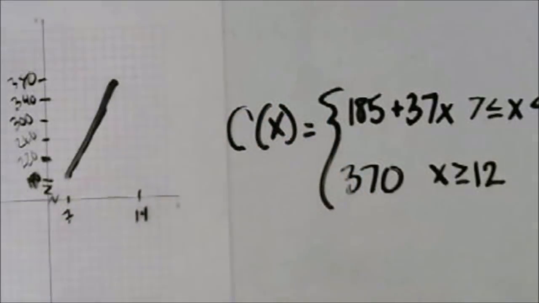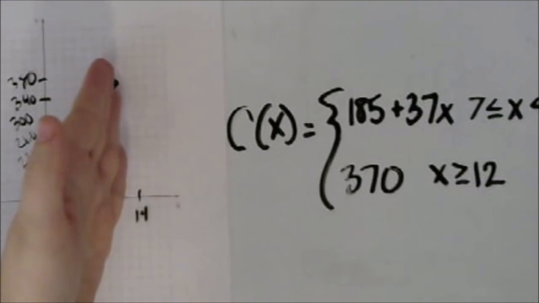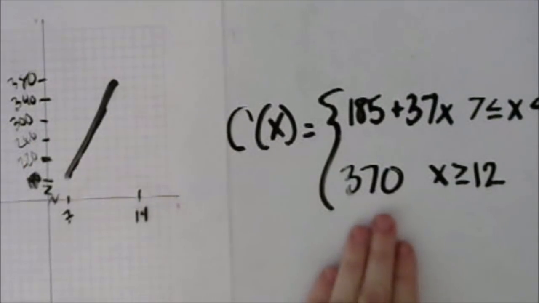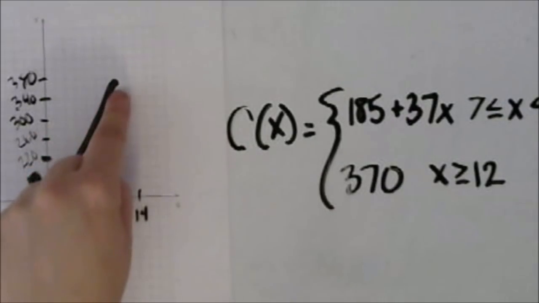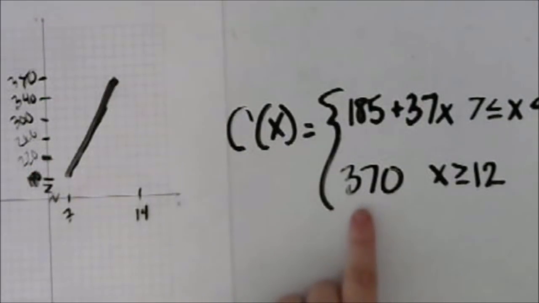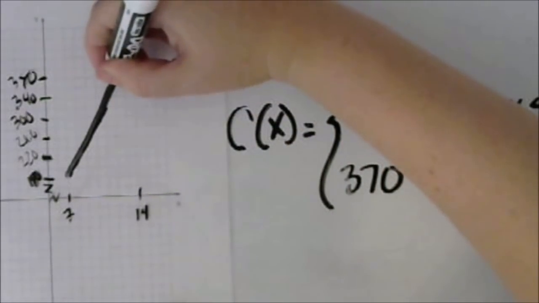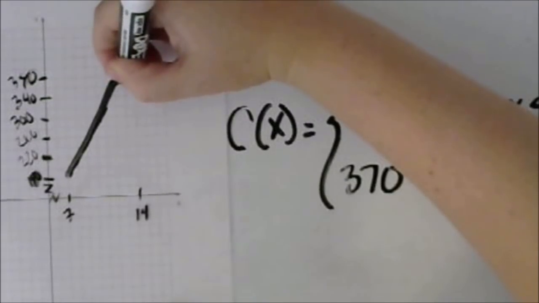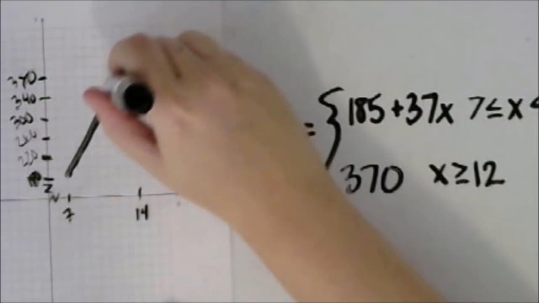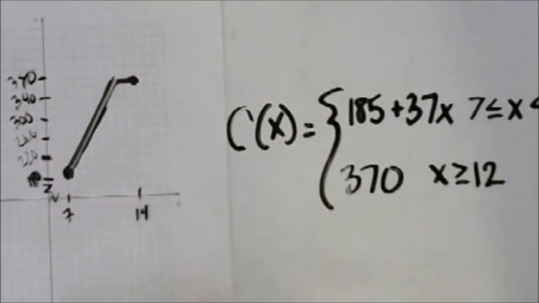Thankfully, in a real-life function, you do see a continuous trend. Right where this function leaves off is where the other function begins. So even though I need this to be an open circle, when I go to graph 370 at 12, I'm just going to fill in the circle. And this function portion stays constantly 370 until 14 days. And there you have the piecewise function that models the cost of